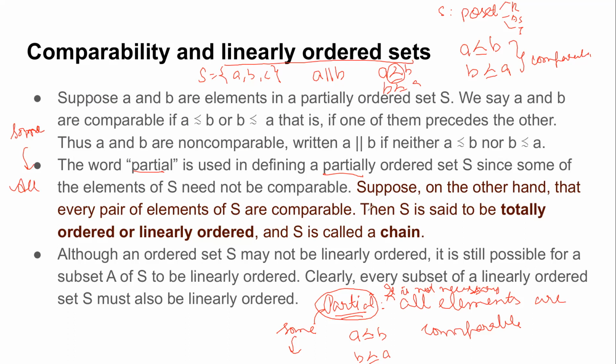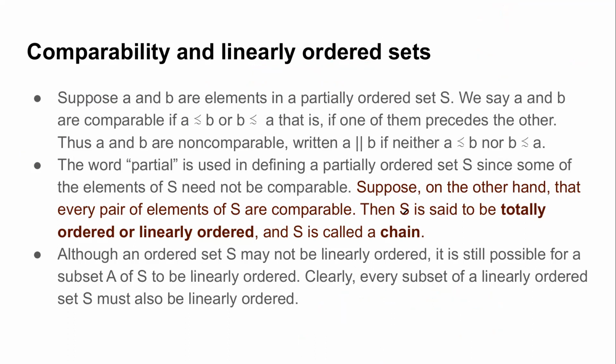So similarly, it was a very obvious thing, but maybe you didn't get the way I asked it. So similarly, if on the other hand every pair of elements in the set is comparable, that is the generalization of partial order, and such an order is known as total order. Total order or linear order is also a partial order, that is, it's also reflexive, antisymmetric and transitive, but the only difference is that under this relation all elements should be comparable to every other element. Such a set is known as a chain.